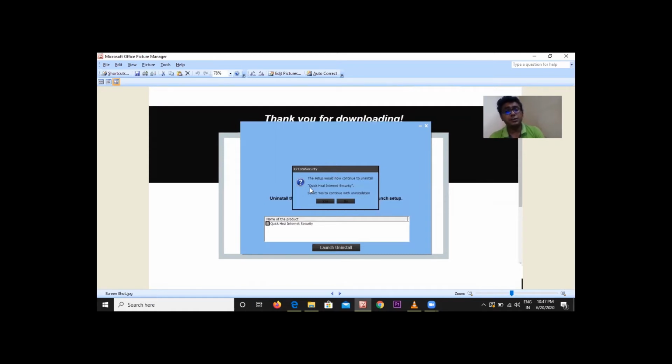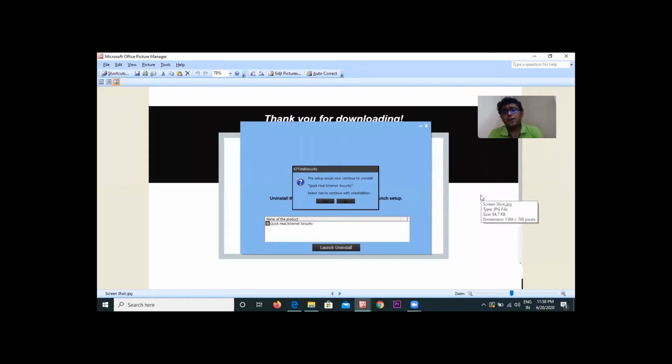Select yes to continue with uninstallation. It means that the system is telling us to remove the existing antivirus, that is Quickhill, from the computer first, then only we will be able to install another antivirus on that computer. But the point is that Quickhill antivirus has already been removed from that computer itself.